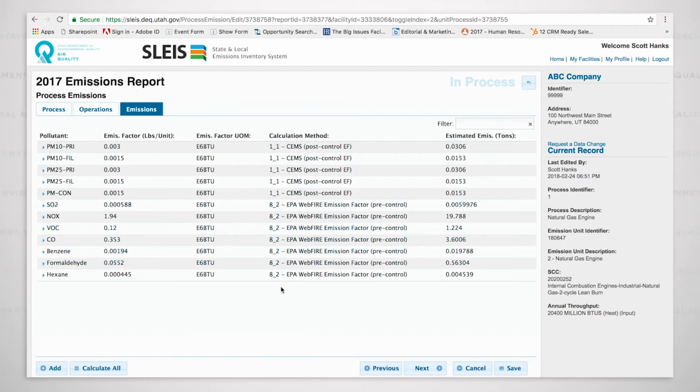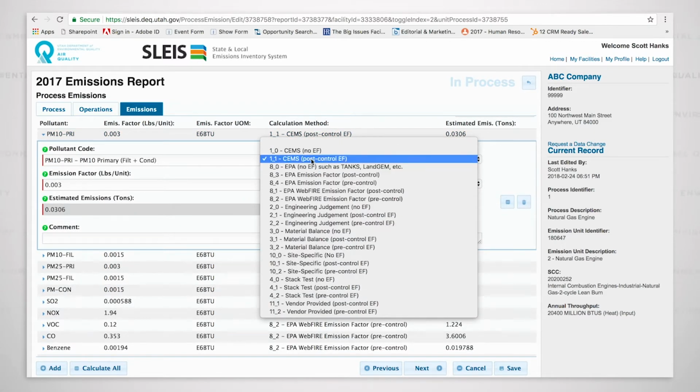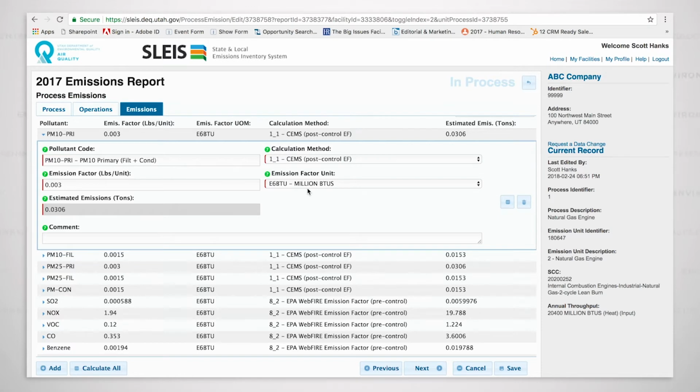For the remaining emission factors, we will be using the EPA emission factors as they are listed in the EPA WebFire emission factor table. So let's click on PM10 primary. In the drop-down, we chose 1_1 CEMS post-control emission factor, and we listed the emission factor units in million BTUs. So they match the throughput unit, therefore it will calculate. If we wanted to update this, we could. We could say that this is 0.006 and then click on the Calculate button and it will update. But we felt good with the 0.003, so I will hit the Calculate button again and it will change it